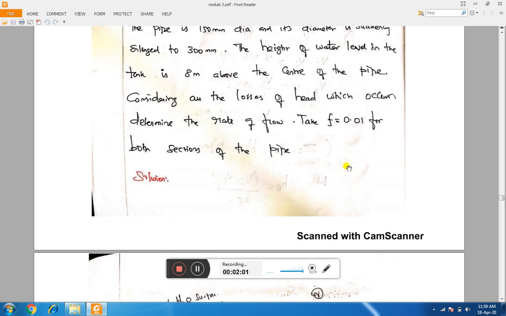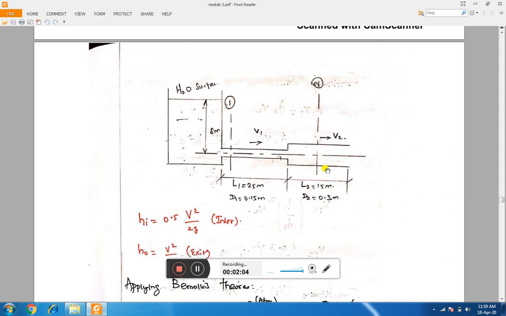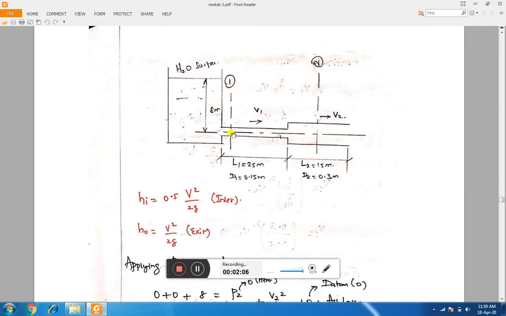Now let us quickly draw a diagram for this one. So this is the 40-meter length. We have a pipe of length 40-meter from this part to this part. So this L1, 25-meter length, is having 150 mm diameter. The rest 15-meter is having 300 mm diameter, that is 0.3 meter. So it is connected to a tank at one end, and it is open to atmosphere at the other end. Okay, now let us consider section 1 at this point and section 2 at the enlarged section. So this is the problem diagram.